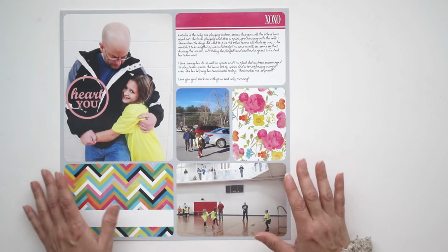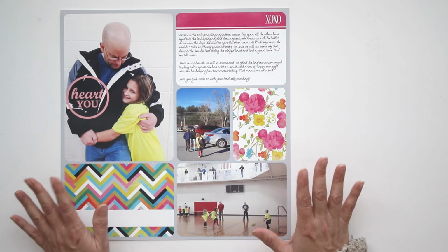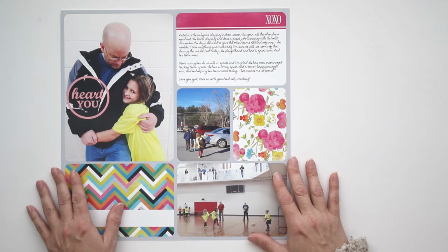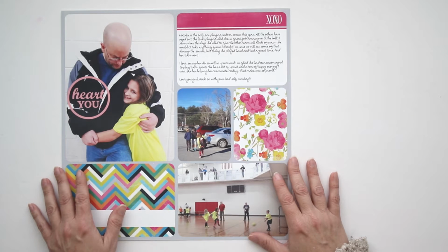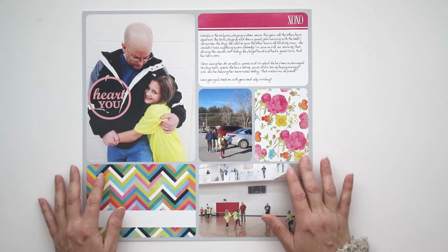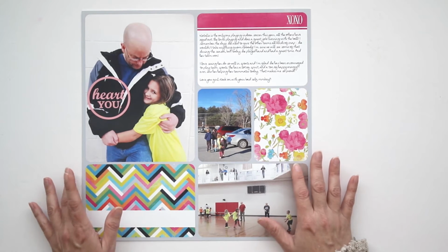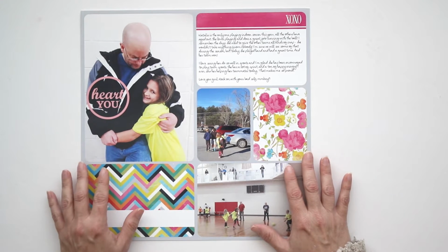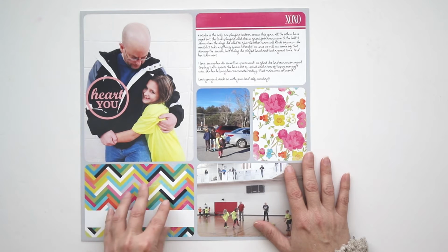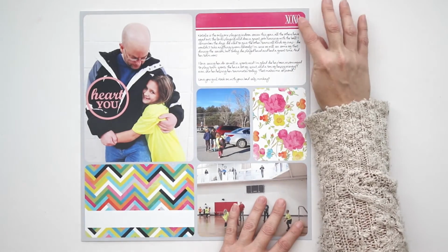So this is just a real quick, easy, simple kind of layout to create in the Project Life app. And I did this probably a week or 2 ago. And since creating this layout, I sort of have decided to take a different direction with it. And so I'm going to show you how I'm going to approach that, because I decided that I don't really want to use this journaling card or this journaling card, and I'm probably going to do something across the top of this one